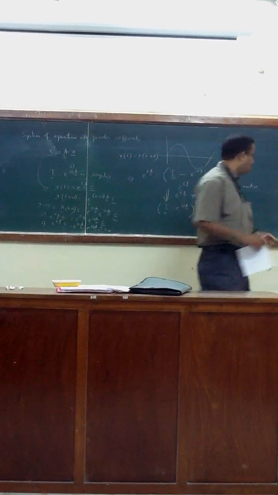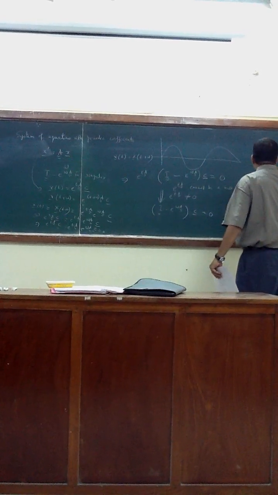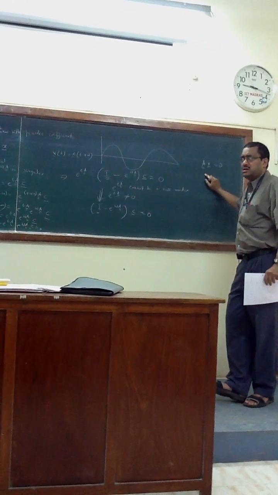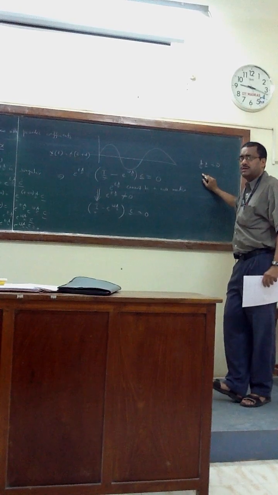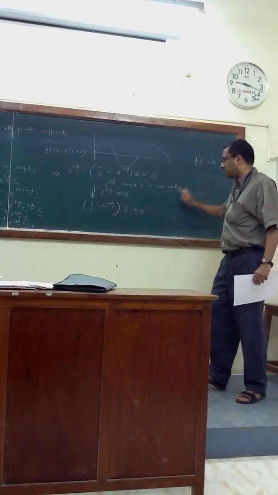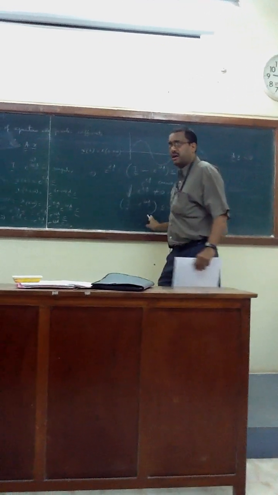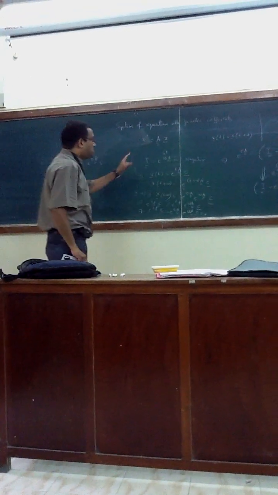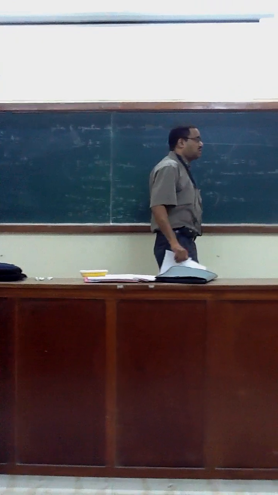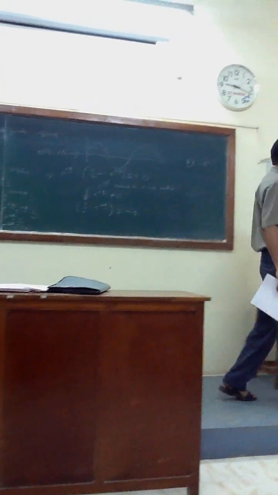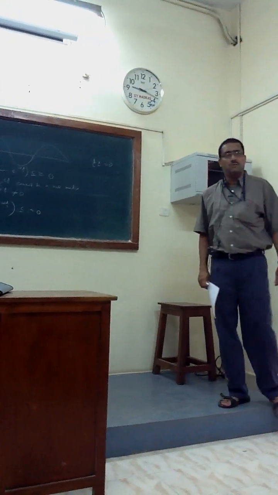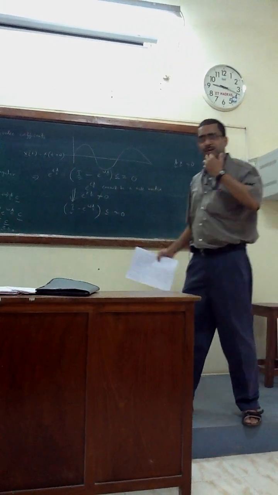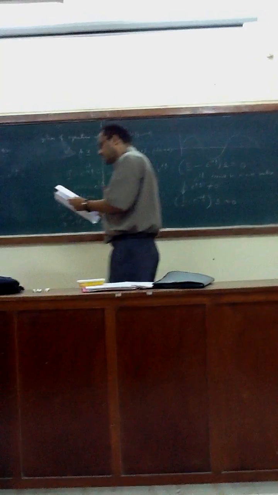We have done this earlier in the class. If Ax equals 0 and x is non-zero, then A has to be singular, right? So I minus e to the power omega a has to be singular. So that means x prime equals Ax will admit the periodic solution if and only if the matrix I minus e to the power omega a is singular. Any questions, any doubts? Okay, that's one of the interesting parts.